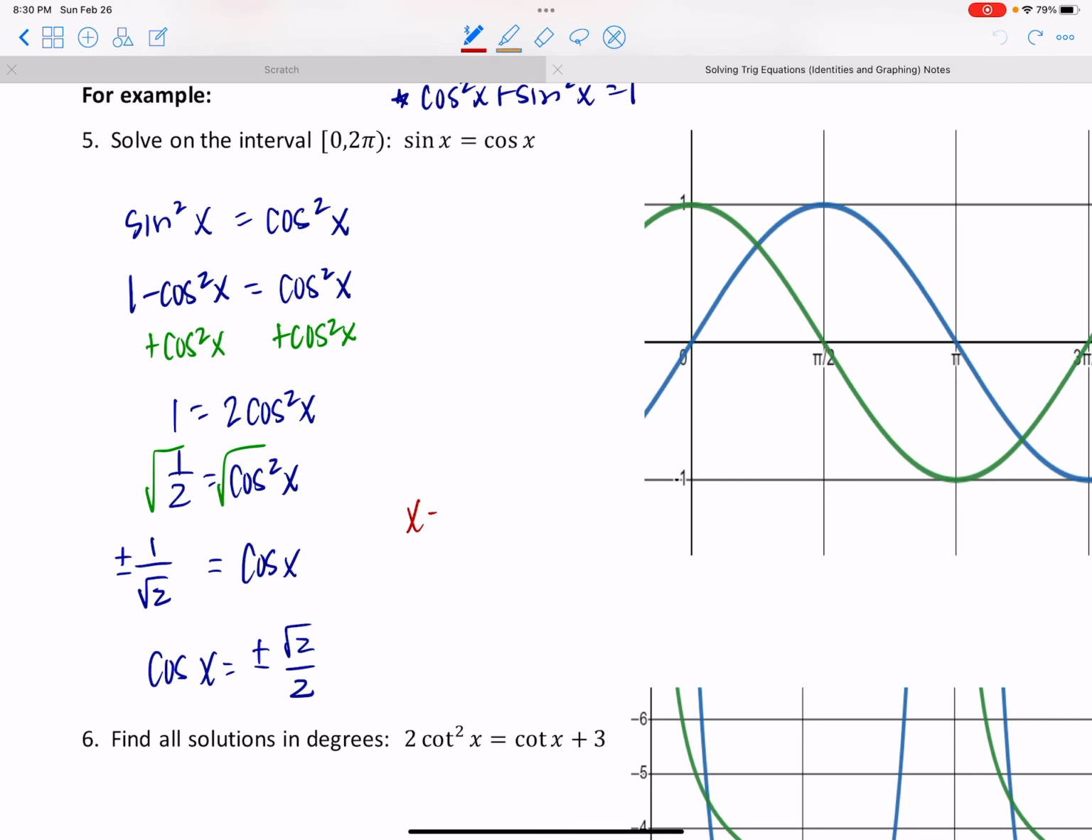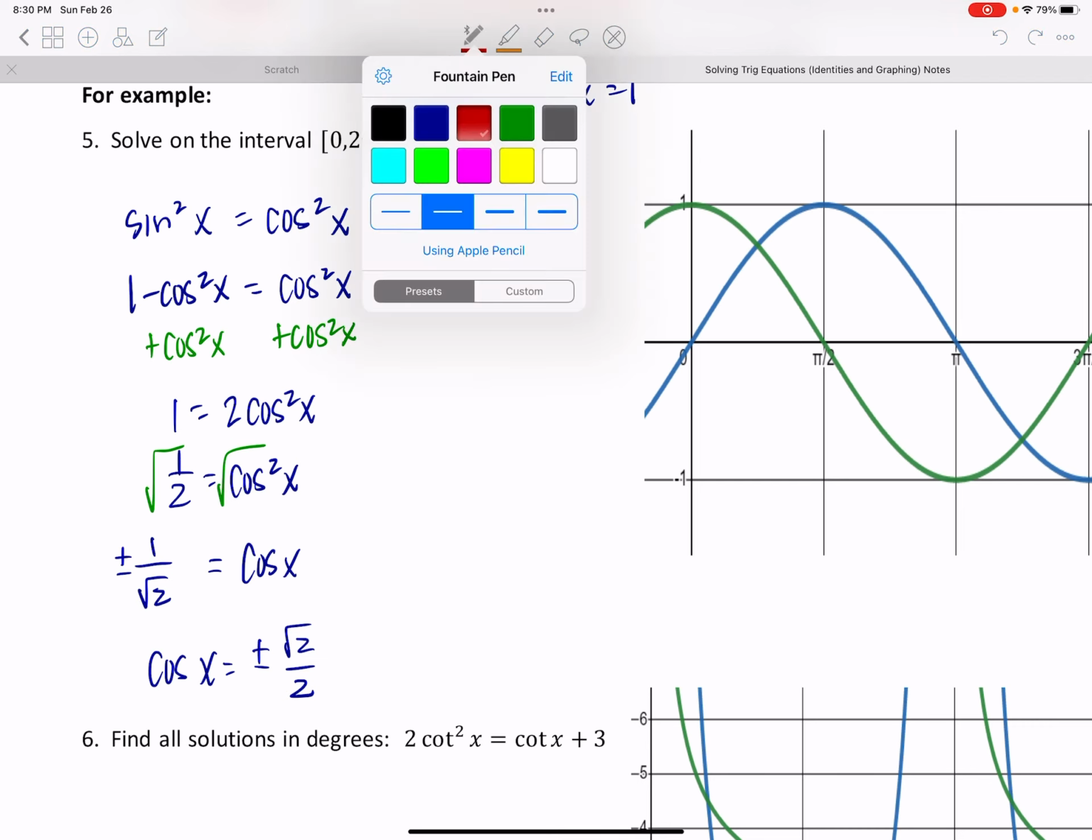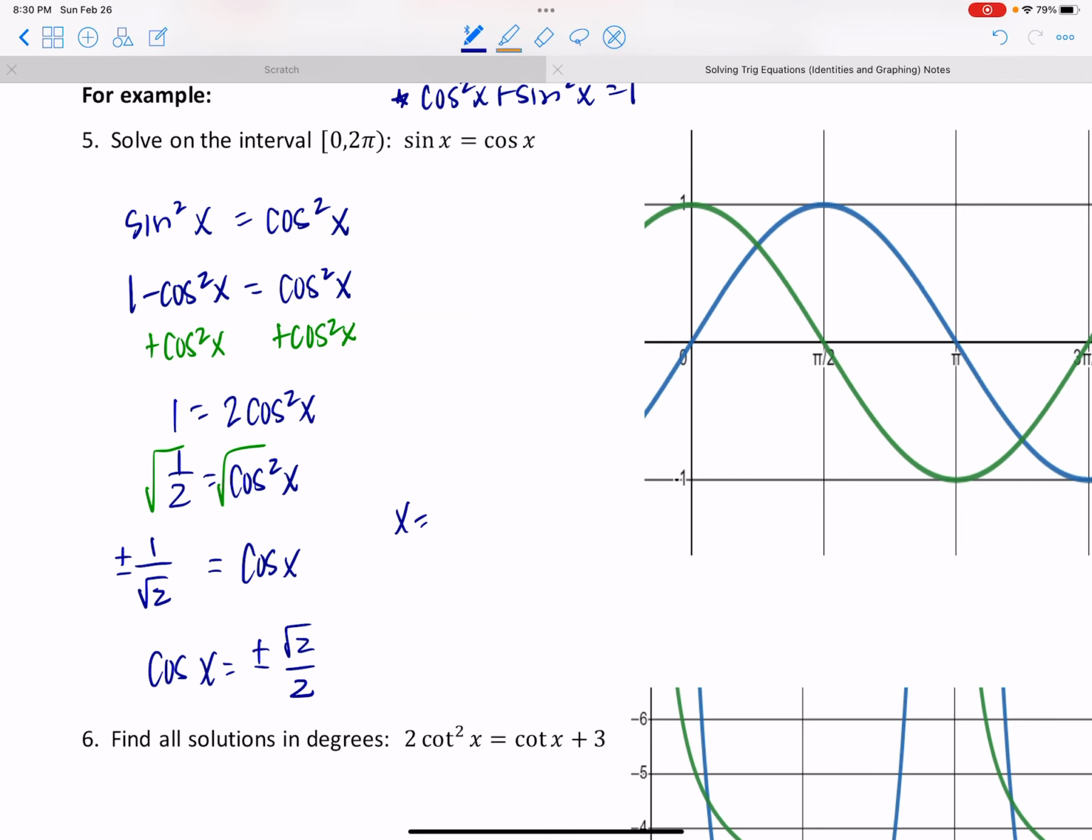Change back to blue, sorry. Okay, so I said all the 45s. So that was pi over 4, and 3 pi over 4, and 5 pi over 4, and 7 pi over 4, right? But because I squared both sides, I introduced these extraneous solutions, or the possibility of extraneous solutions, so I would